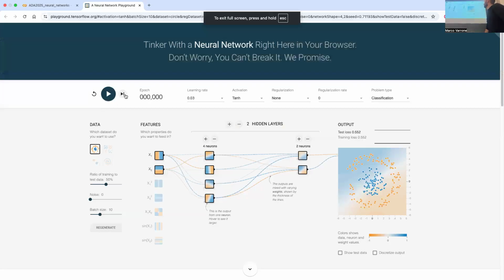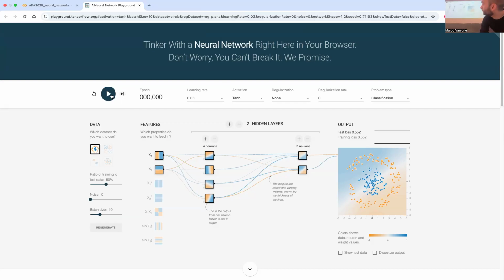It's a very nice way to visualize how neural networks learn, especially in the context of classification. And you see here the number of features that you have. In this case, for example, they are the X and Y coordinates of these points. As you can see here, these points cannot be divided using a line. So again, you need a nonlinear method to be able to discriminate between these two classes of points. You set which features you want, which is going to be the input layer of the neural network, how many hidden layers you want, how many neurons per hidden layer,